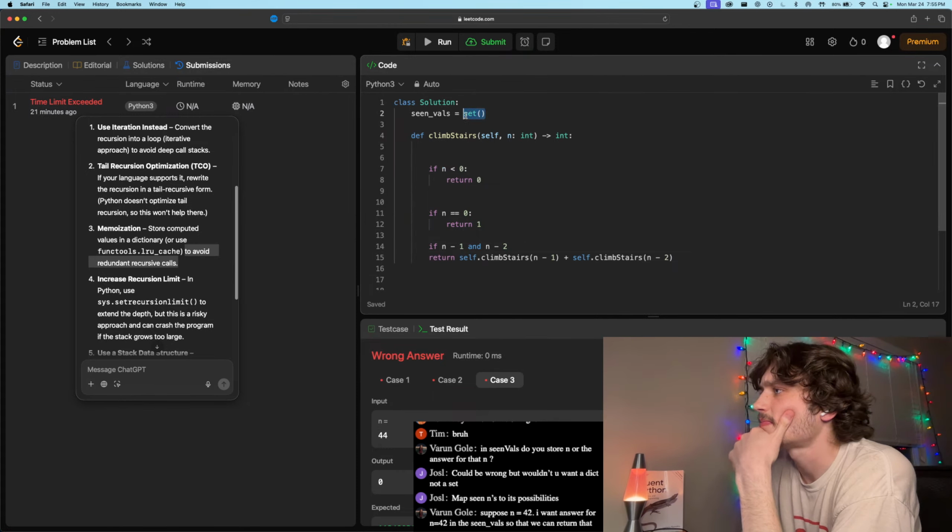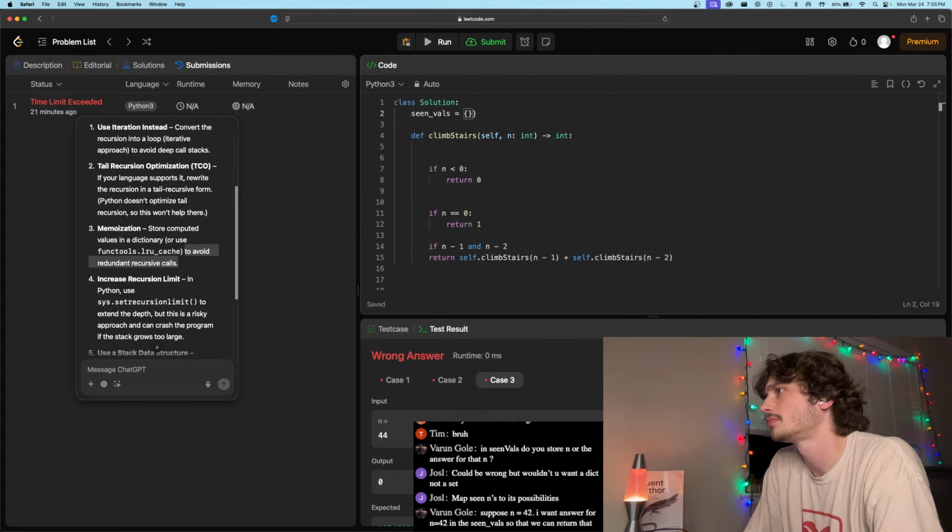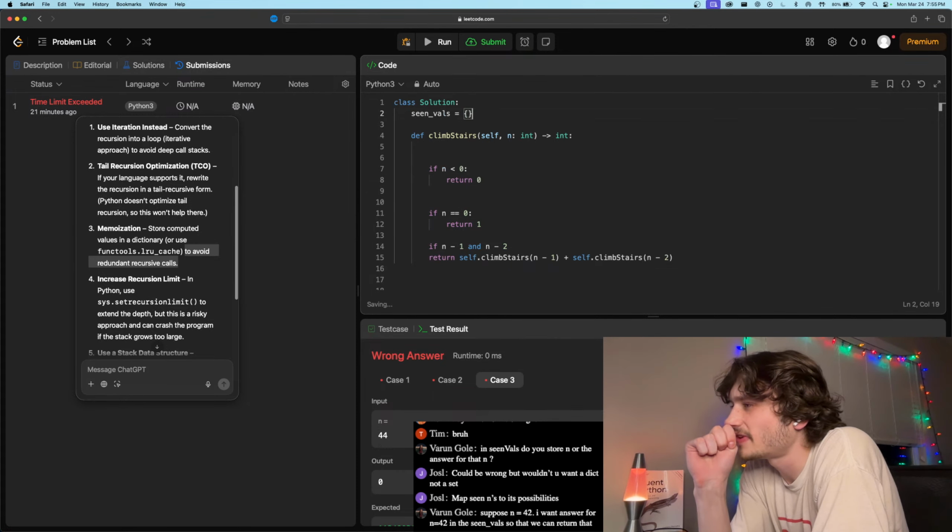Okay, so if we use a map instead and map it to its values,